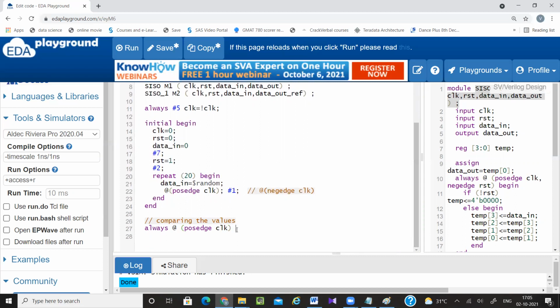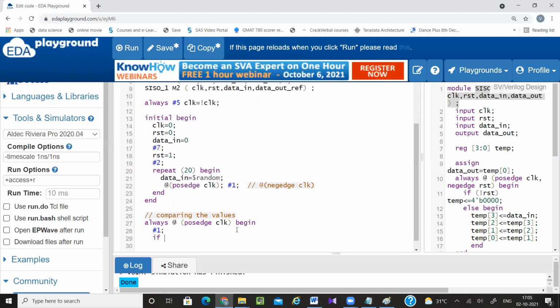So always @posedge of clock begin, I'm giving #1 delay. Then if data out equal to data out reference, then $display design is correct.